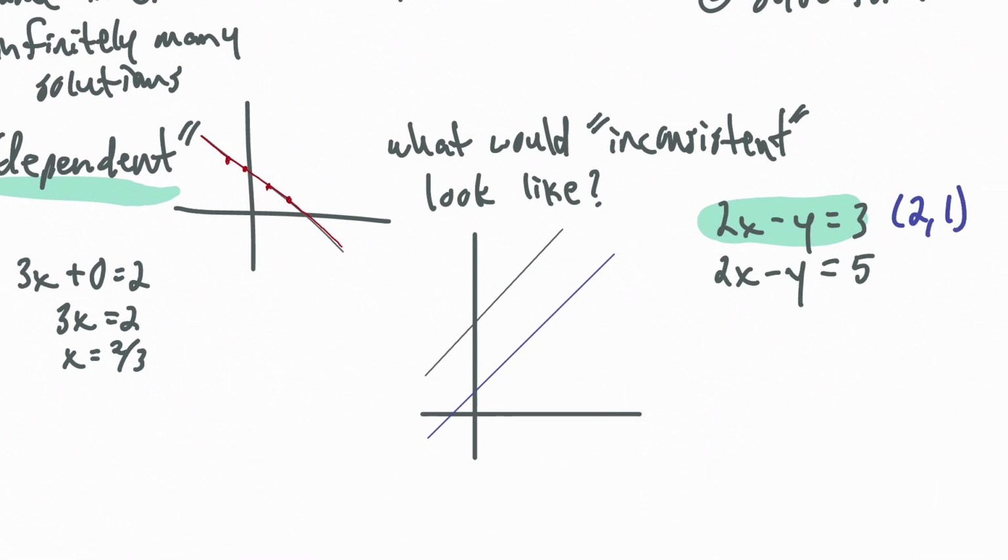Right? If you plug in 2 and 1 on the left, you get 3, right? 2 times 2 is 4, minus 1 is 3. But then that does not solve that one, right? Because you plug in 2 and 1, you don't get 5, you get 3. So any solution to one of the equations cannot be a solution to the other one, because these numbers are different, okay? And you can have two that don't look like they're inconsistent, but they actually are, kind of